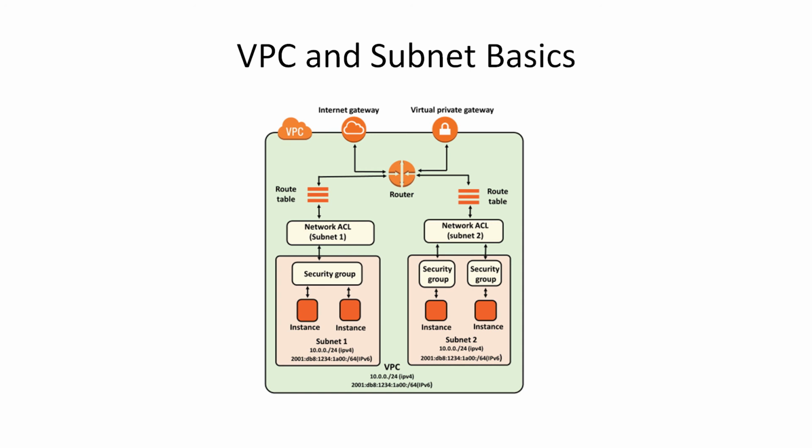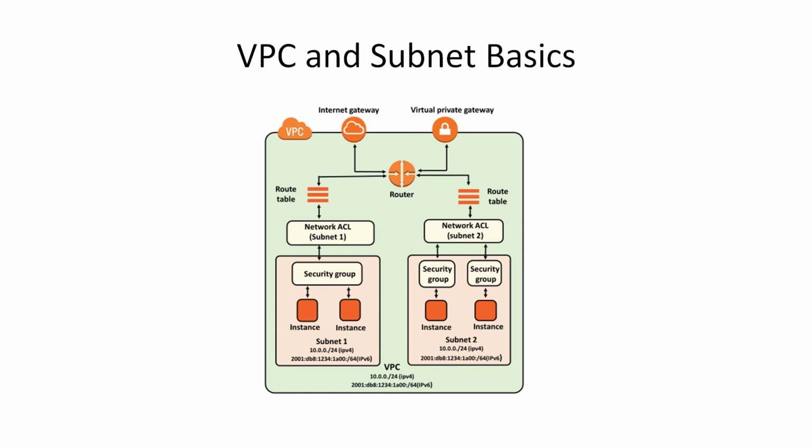The route table has routing to multiple devices. One more concept is that we have 2 types of subnets. One is a private subnet and the other is a public subnet. If you create your instances inside a private subnet, your instances won't be accessible from outside the VPC. For example, if you want to access it from the internet, you won't be able to, and whatever applications or websites you host in your private subnet can only be accessed within the virtual private cloud. Outside of that, nobody will be able to access it.